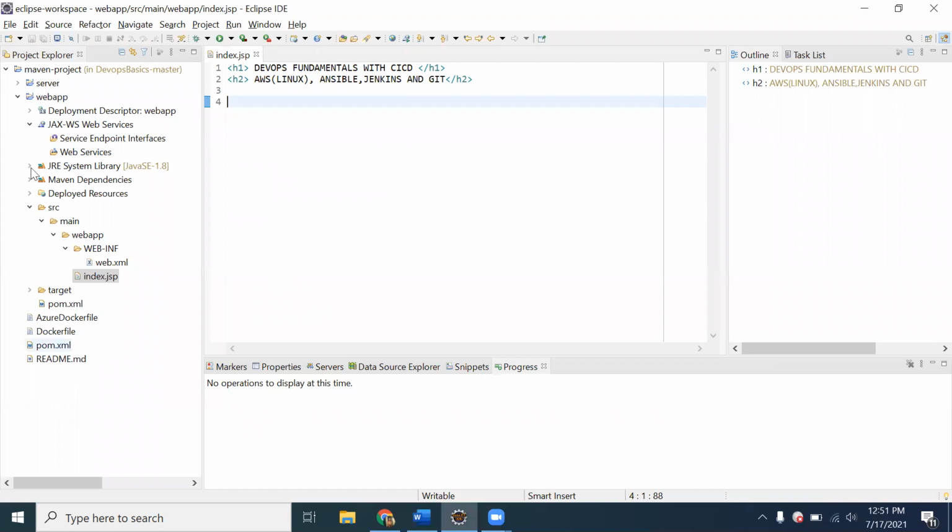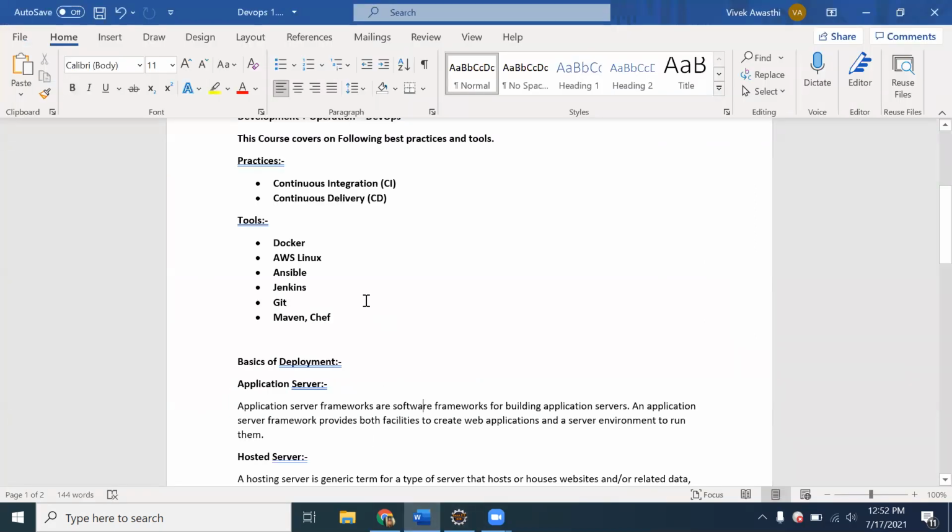But is it like this? Do we have to place this whole code onto the application server? No. First, we have to build this code using any build tool, and then we will generate a build file, and that build file we need to place on the application server. We will go into the detail when we start the deployment process and installing the software. But in basic terms, we have created the application, and then we need to install the application server, and that application server will provide the environment on which our application will run.